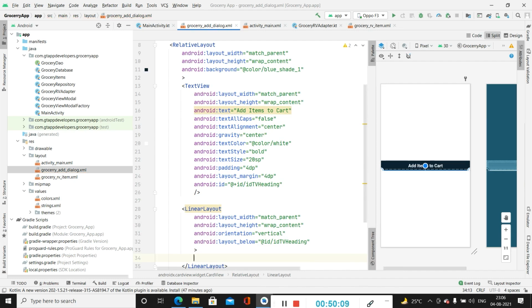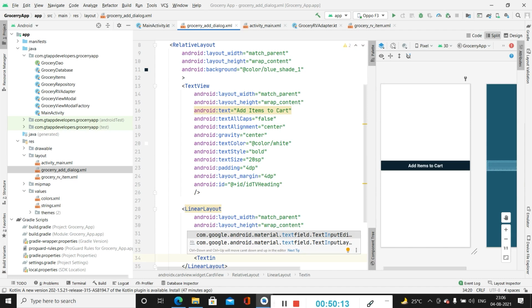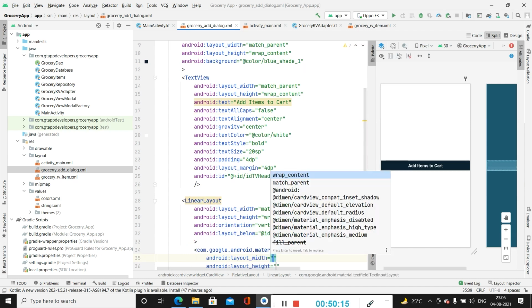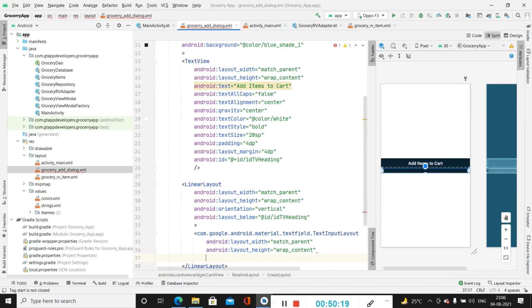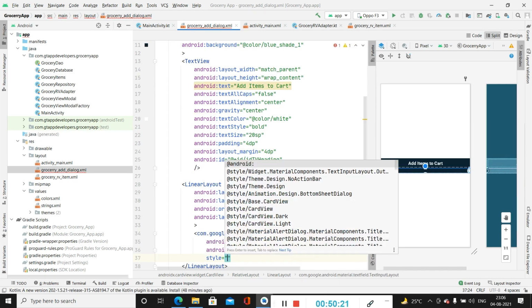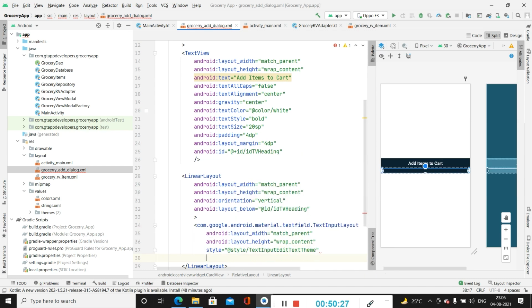And inside this linear layout we will be creating a text input layout. Specify width as match parent, height as wrap content, style as the style which we have created, that is text input edit text theme. After that we will be adding id to the text input layout.